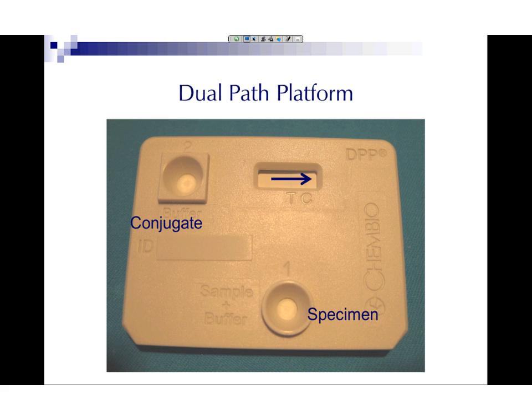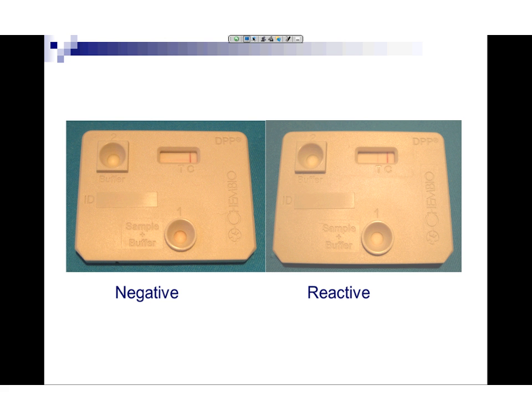This increases the sensitivity of the test, and it also allows you to do multiplexing, or multiple different antigens. The company is working on a combination test that would detect syphilis and HIV, or syphilis, HIV, and hepatitis B, which would work better because of this sort of two-direction migration, one for the specimen and one for the color reagent. This test is read like the other lateral flow rapid tests: a stripe at the control location is negative. A stripe at both the control location and the test location would be a reactive test result for HIV.